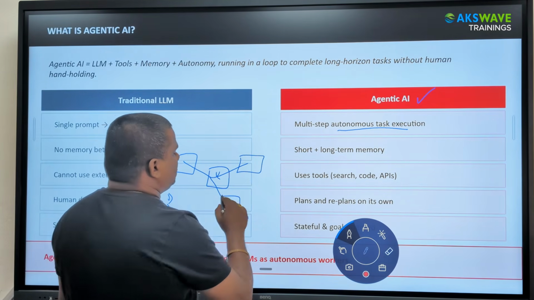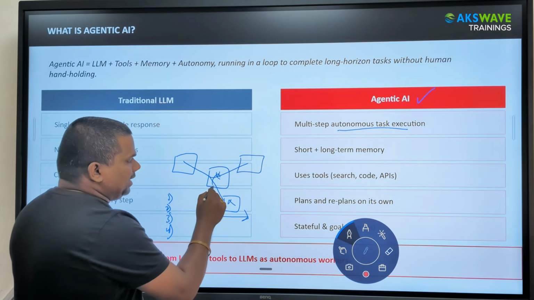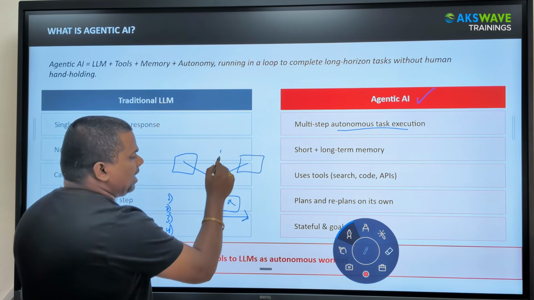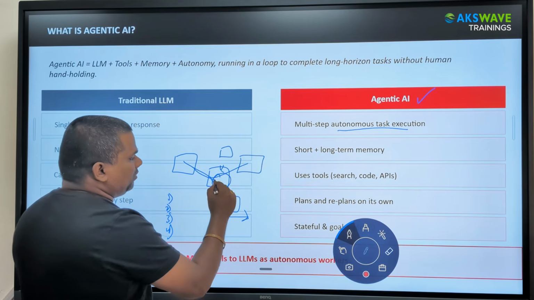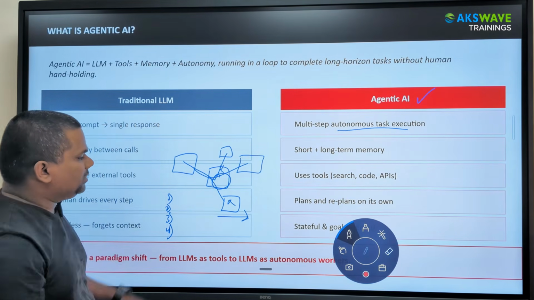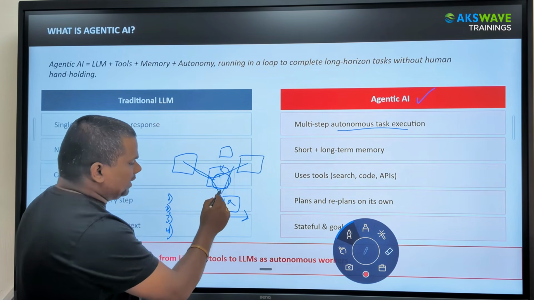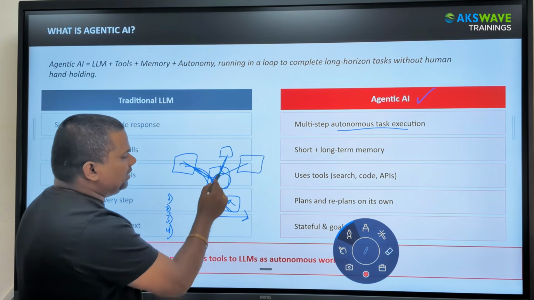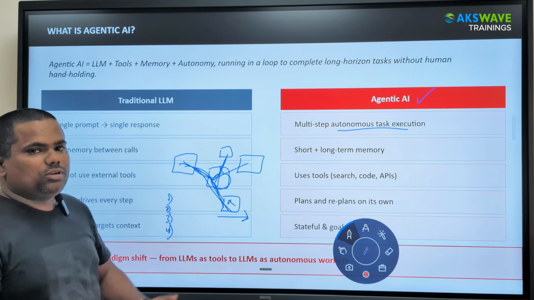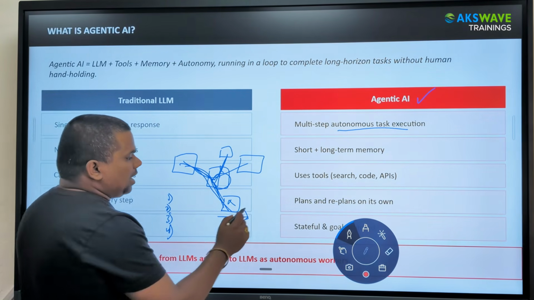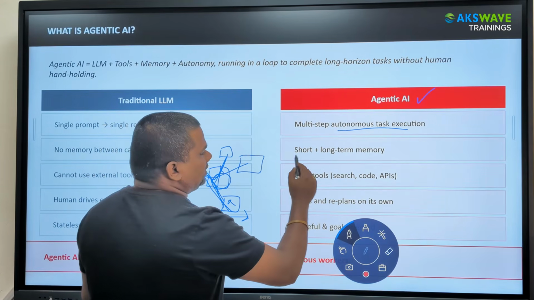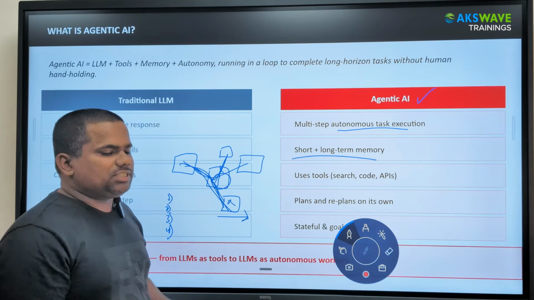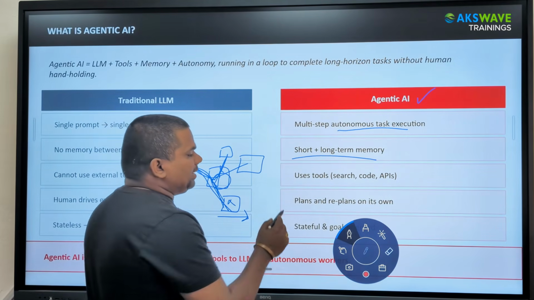In an agentic AI system, it is autonomous. It will decide. It can even have its own path. If you have the node like this, it can. You have not actually trained it to go in this direction or that direction, but it can decide at runtime. It has its own engine for that. And agentic systems have long and short term memory. In LangChain, you will see the memory concept. They can connect to the